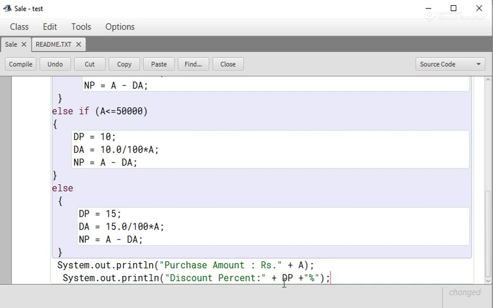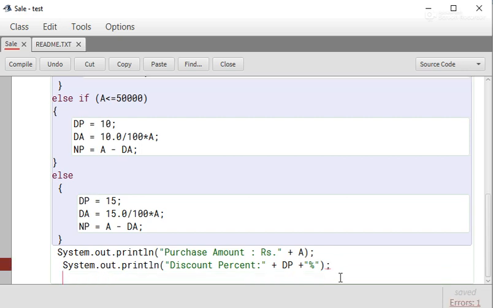System.out.println discount percentage plus DP plus percentage. Here in green color these are the messages, and DP and A are the variables. Now in the third line we give another message, discount amount.